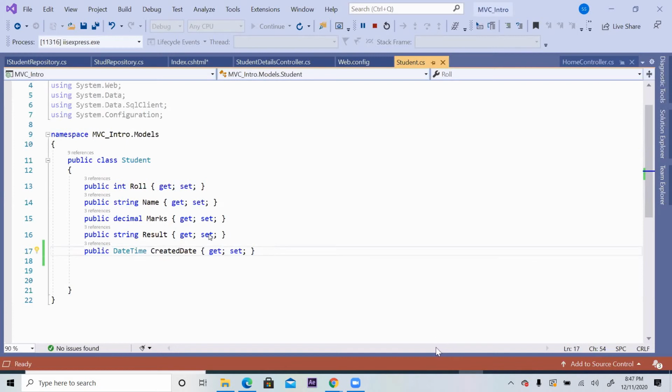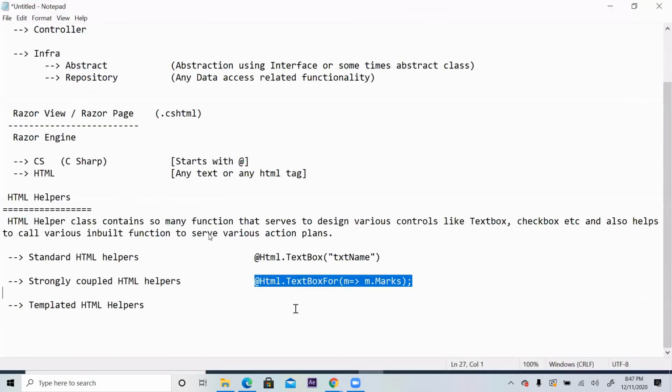Similarly, when collecting data from UI to controller by submitting the button, so and so text box data will come and sit here. So and so drop down data should come and sit here. So and so another text box come and sit here, and so on. So for any text box or drop down or radio button you want to design, you should have For instead of simply the name of that function. And here, instead of the ID within double quotes, you have to push one lambda expression. Now the question arises, in this text box, what will be the ID?